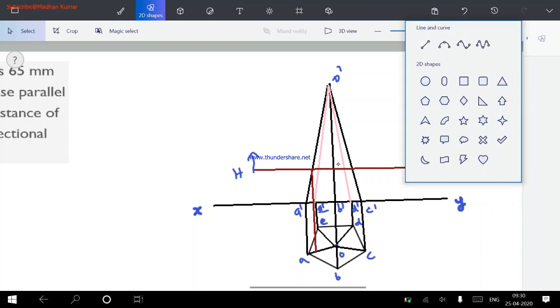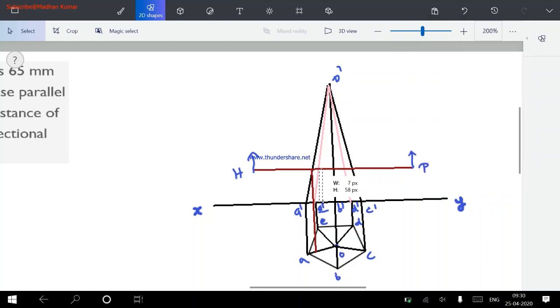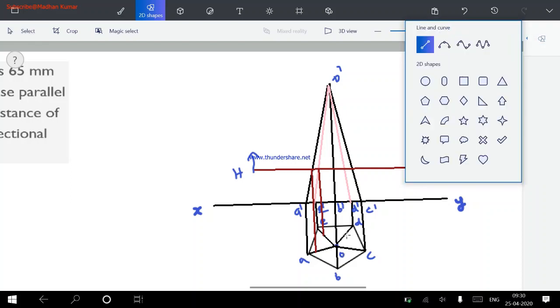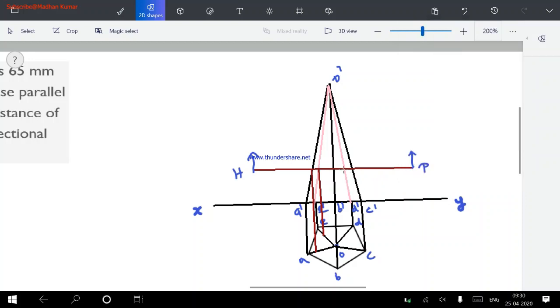The other sectional projection line is from O dash E dash. This O dash E dash is meeting on OE, right? Similarly, for this particular O dash and E dash, we are going to draw the sectional line. Okay, so this O dash E dash is meeting on the OE line, and then we have OD. Similarly, O dash D dash is meeting on OD, and I have left O dash B dash,